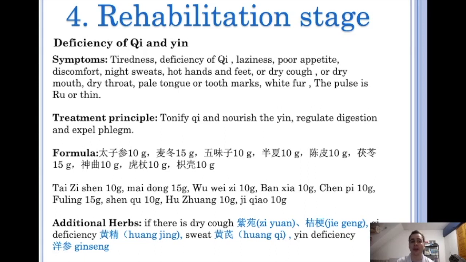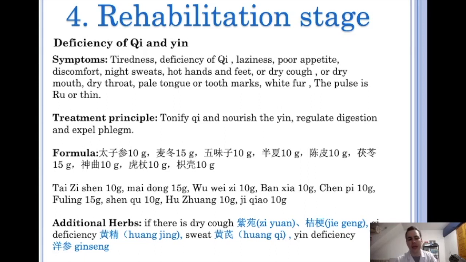That is really important. We can use Taizishen. We have it there, Taizishen. We are going to use some herbs to tonify the yin, for example Maidong, Wuweizi, okay? And then we are going to use herbs to expel the dampness, for example Banxia, Chenpi, Fuling, okay? And for example, we have Shenqu to regulate the digestive system and everything, okay? So in this case, it's important to know if the patient has a mild deficiency of qi,